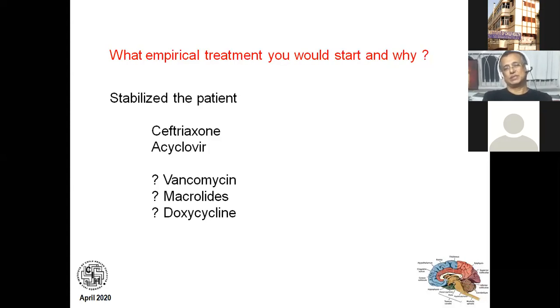So now it has been suggested that all cases of meningitis should receive a combination of ceftriaxone and vancomycin. If there's a chance of mycoplasma, how do you understand it is mycoplasma? Multi-system involvement, meningobulbitis, or if the child has skin rash or anemia, then you can add a macrolide. And in these days of increasing scrub typhus, many people will also add doxycycline. But at least these three things should be given: ceftriaxone, vancomycin, and acyclovir.